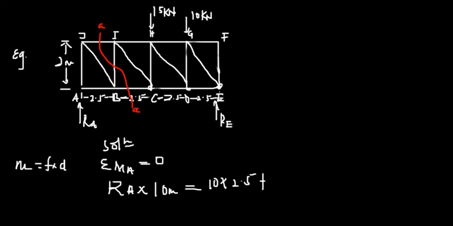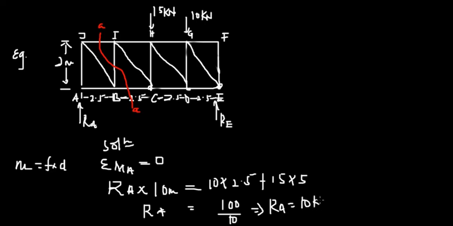from the 15 kilonewtons, from H to E, or from C to E. So H to F, and then from C to E, that's 5. So we have 15 multiplying 5. Right, so when you do the calculation, this will give us 10 by 2.5, which is 100, and then you divide that by 10. So you end up with RA